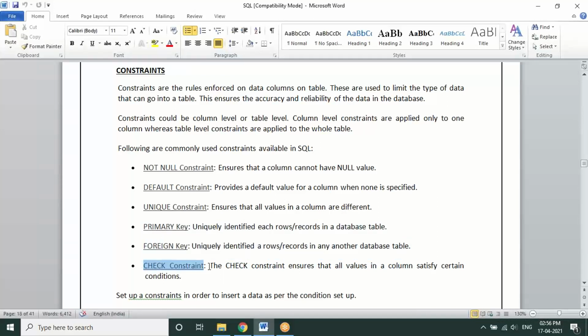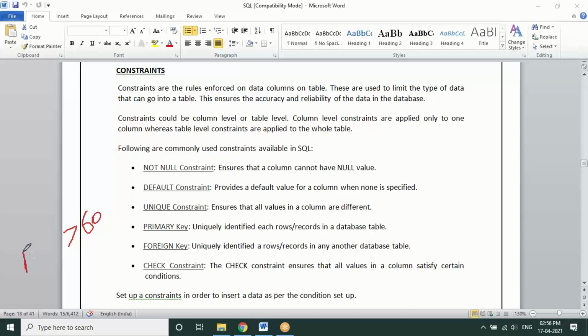And the last one we have is a check constraint. So what do you mean by a check constraint? Simply put, a conditional way of adding some kind of value to data. For example, I want to make sure that anyone who is registering to the website should have an age greater than 60 years.